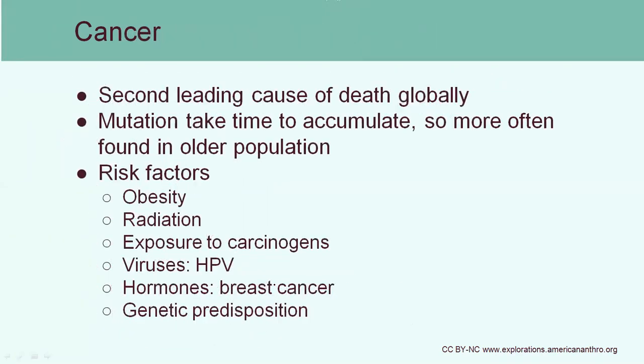Cancer is the second leading cause of death. And what's happening there is that cells are programmed to divide a certain number of times. But with a cell that is cancerous, it is dividing uncontrollably. So it's no longer stopping the division process when it's supposed to. Instead, it keeps basically dividing infinitely unless you do something to kill it.